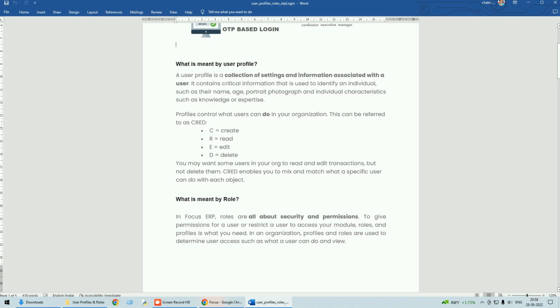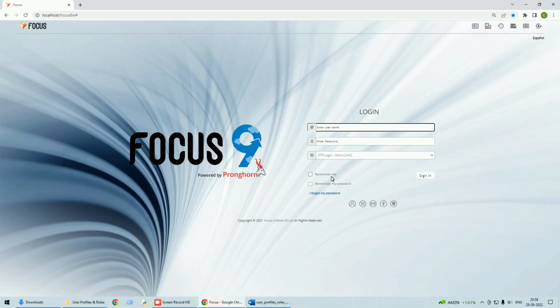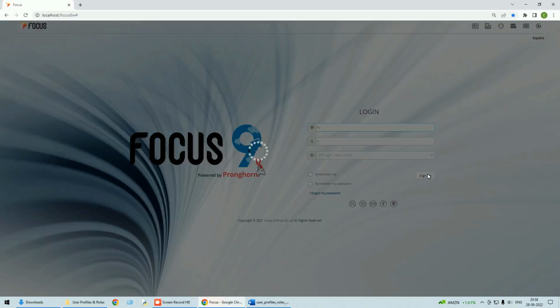Let me show you in Focus-ERP how to create the profile first, and how to create the role. Before this we have some prerequisites to do the OTP login as well as email login also. Let me create the profile and role first and then show you those options also. Let me log in to the ERP. Once I have logged in,